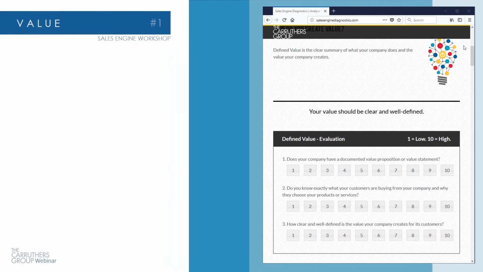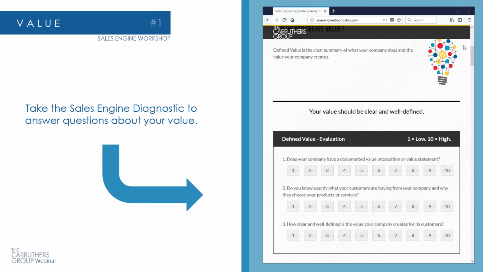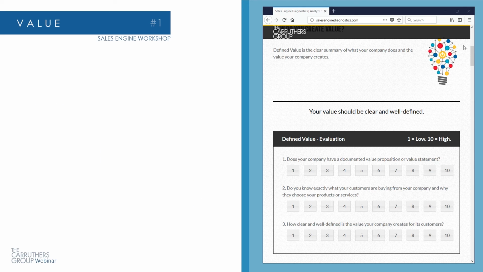So in our assessment, take these defined value questions and look at the answer. And if you're scoring an 8 or a 9 or a 10, you're probably doing great. But if you're scoring below that, I highly recommend you grab your team, get them together, talk through this, maybe on a whiteboard, just a piece of paper. What is the value that we really create? And write those words down. Get excited about it and then start making sure that's how all of you talk.